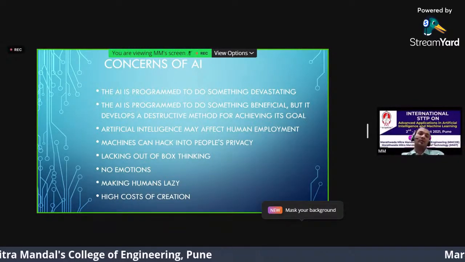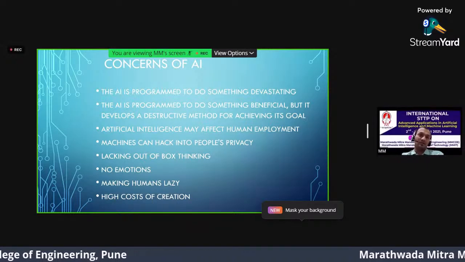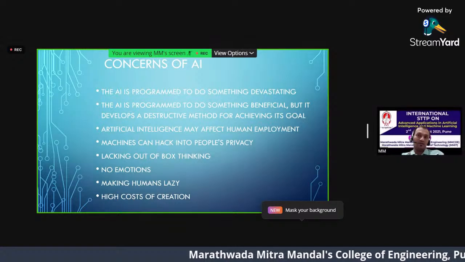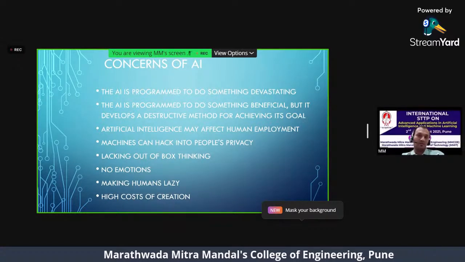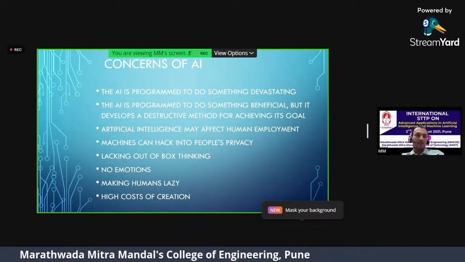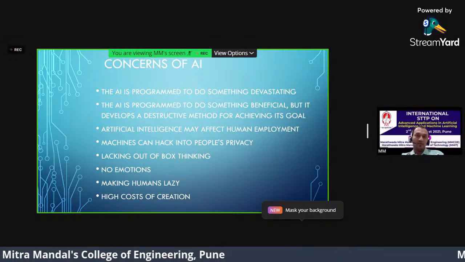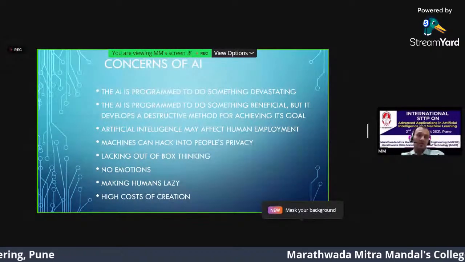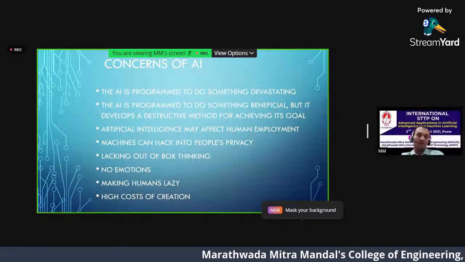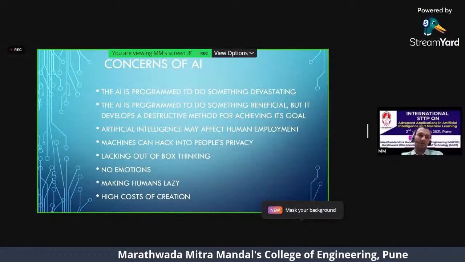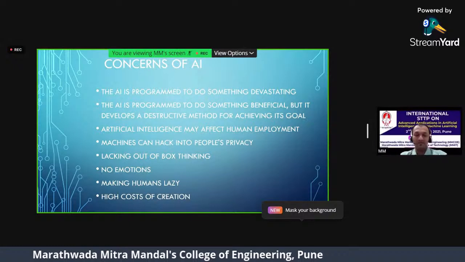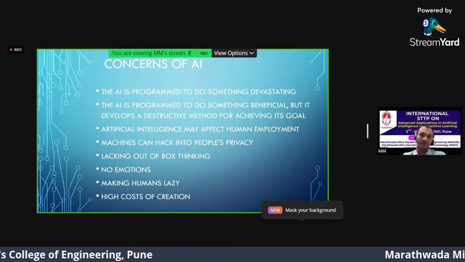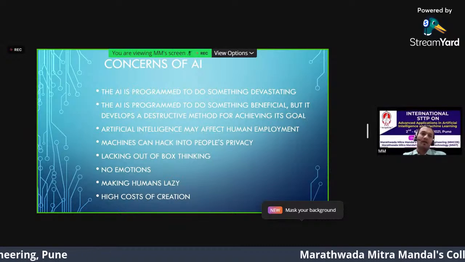It can also hack into people's privacy. Now this is one of the real threats. If you are using Apple's Siri or Google Mini or Amazon's Alexa, they always respond when you speak or say something. So imagine a situation where some people can alter the programming so that they can listen to whatever conversations are going on in people's lives or in your house. So that is also one of the challenges for people's privacy.